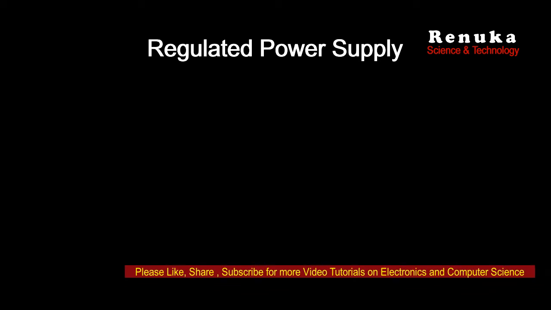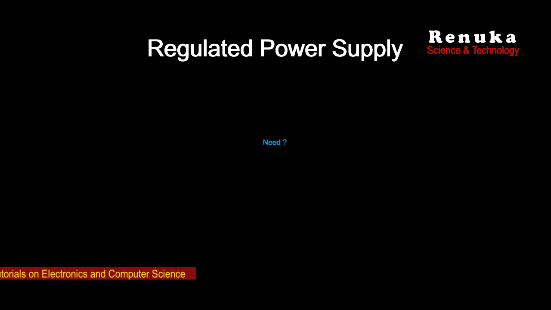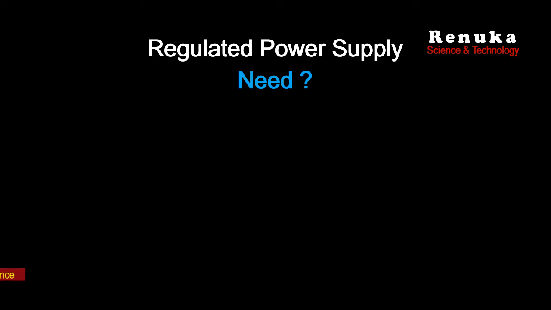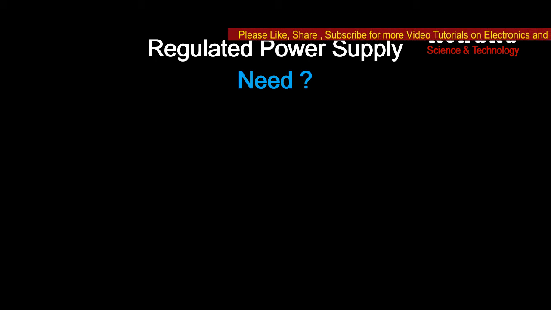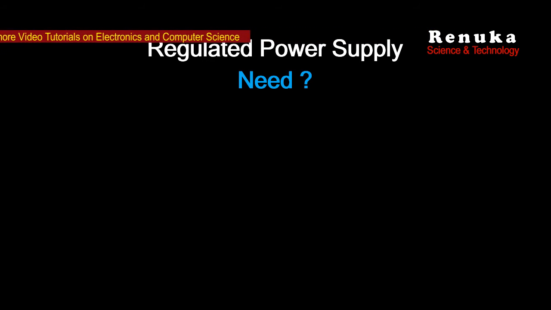Now our upcoming topic is regulated power supply. Before starting with the discussion about the regulated power supply, first of all we must know why regulated power supplies are needed. As we know, our home appliances or any digital circuit present in the house or in any application require a regulated power supply, because the AC voltage which is generated by the electricity board and transmitted using transmission lines to our home appliances is available as a parallel connection for other consumers too.